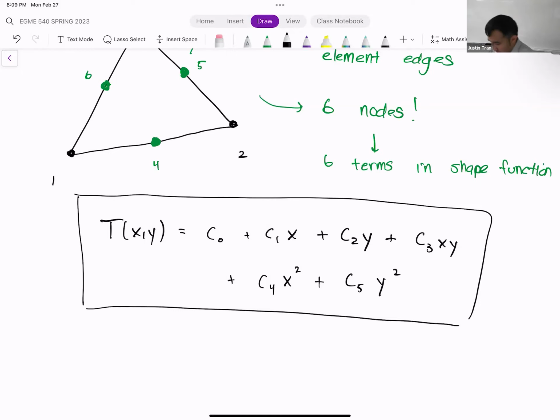And so you can see here that we're now venturing into the quadratic territory. So we have terms that are purely quadratic here, and what allowed that was the addition of the extra nodes. All right. Any questions on this?